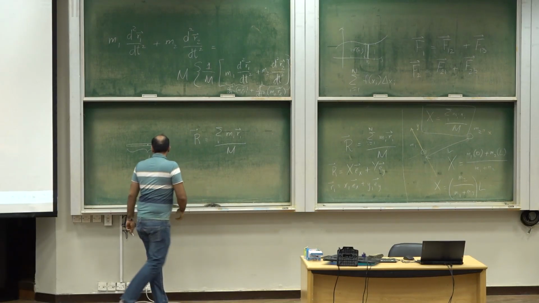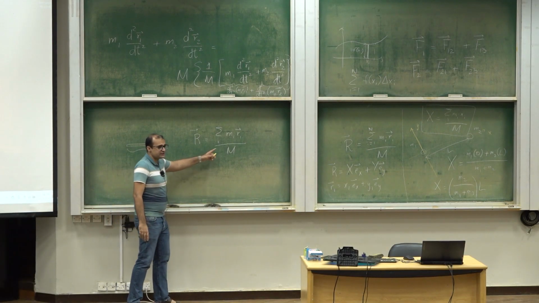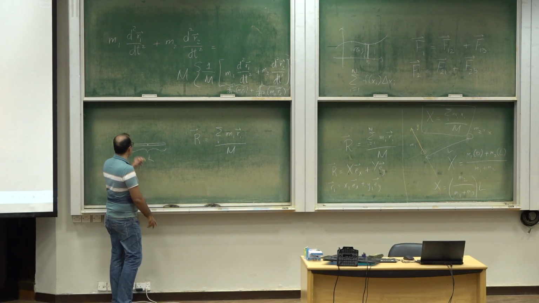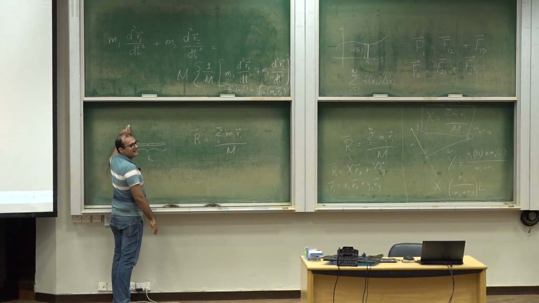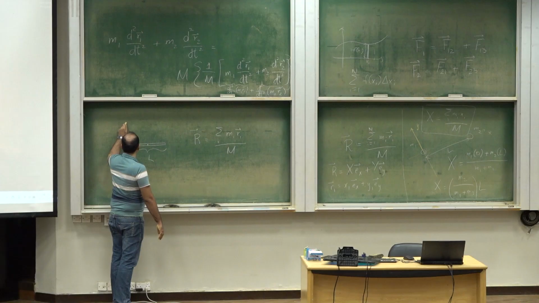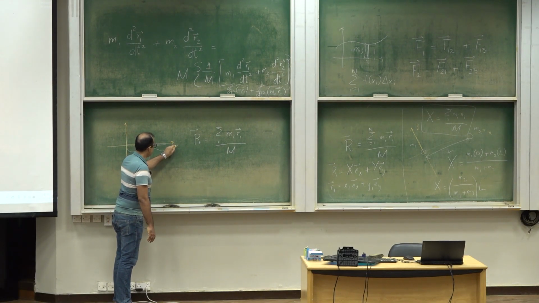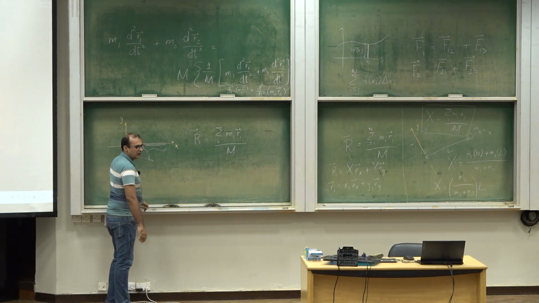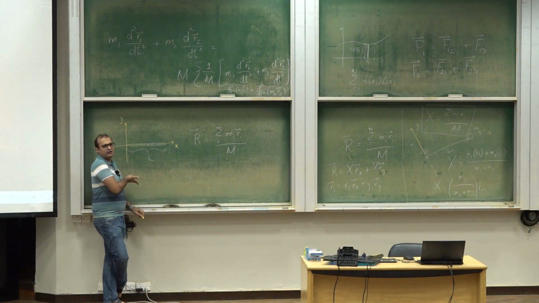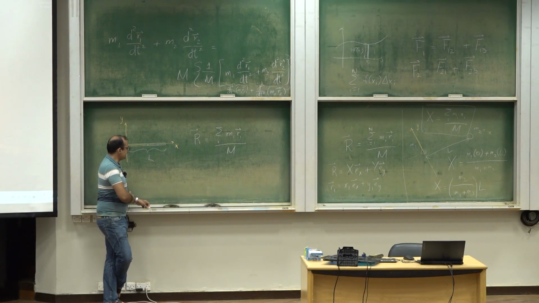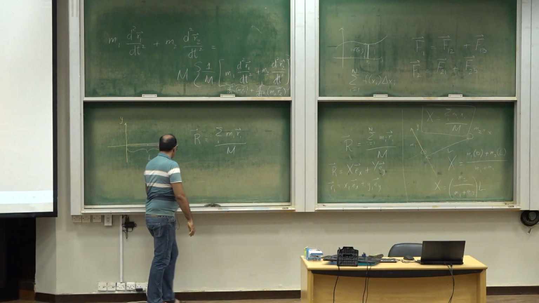Again, to use this, you first of all have to set up the origin. अब मैं क्यों अपनी जिंदगी आसान बनाऊं, थोड़ी सी मुश्किल बना लेते हैं, just to show you कि it doesn't matter where you place the origin of your coordinate system. मैं कोऑर्डिनेट सिस्टम इस तरह सेट कर देता हूं। This is my x axis, this is my y axis. Of course capital Y इस केस में क्या होगा? 0। पतली सी रॉड है, वो y coordinate है ही कोई नहीं essentially. I am only really interested in capital X, so capital X I write as